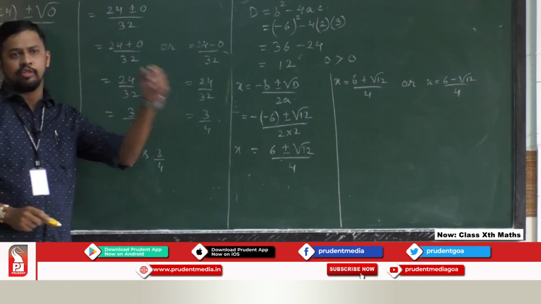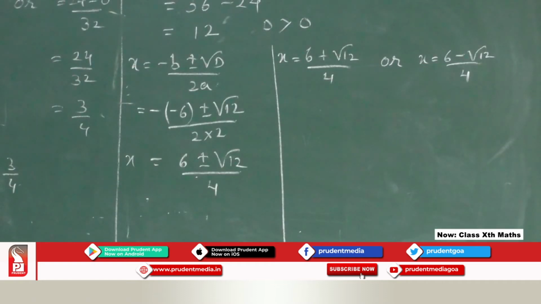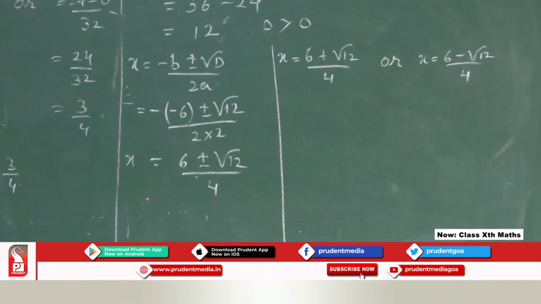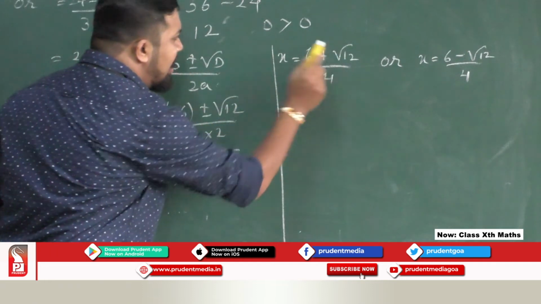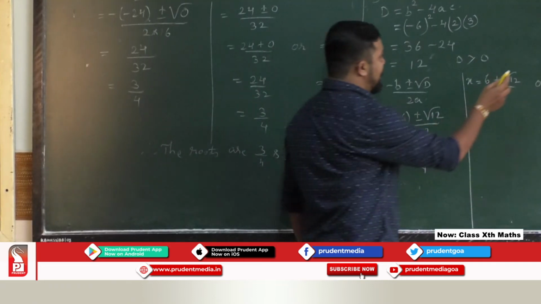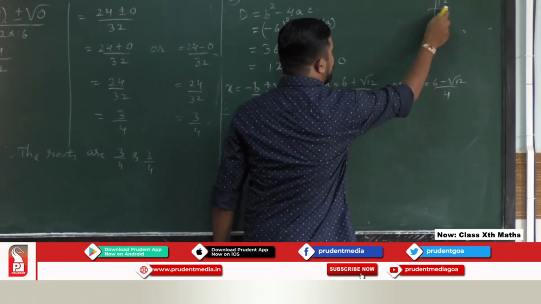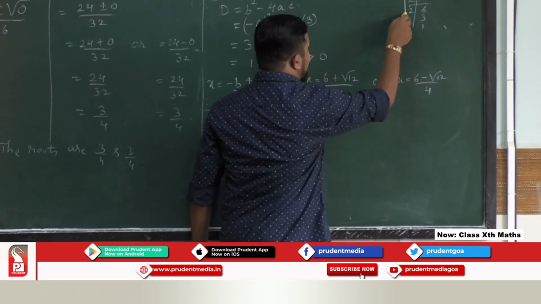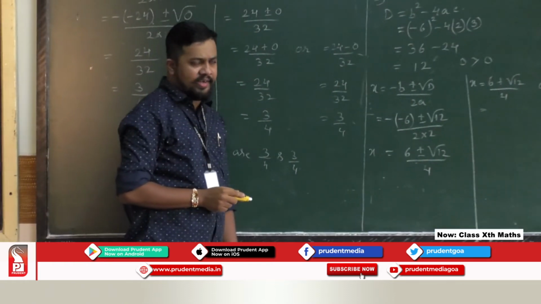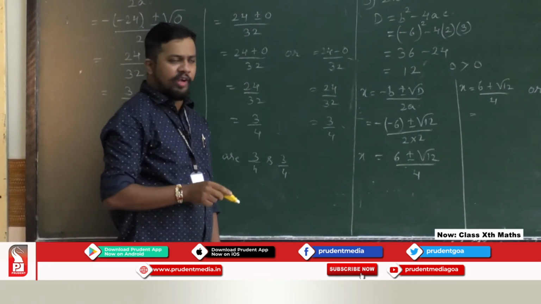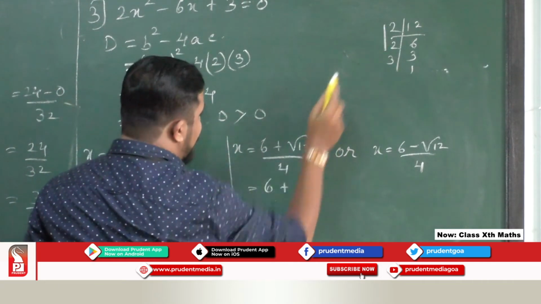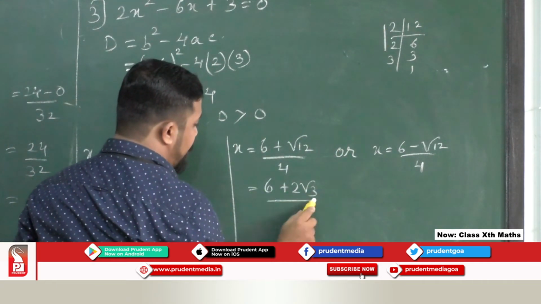Actually, it can stop up till here also, but mostly you will make one mistake. What will you do? 6 and 4 is there, let us cancel directly 6 and 4. You cannot cancel because the middle sign is positive or negative. So, if you want to simplify more, I can find the factors of 12. Factors of 12 we know: 2 6s are, 2 3s are, 3 1s are. Numbers which are paired we write outside, and which are not paired we have to put in the root. So 6 plus, these are paired, so 2 root 3 upon 4.